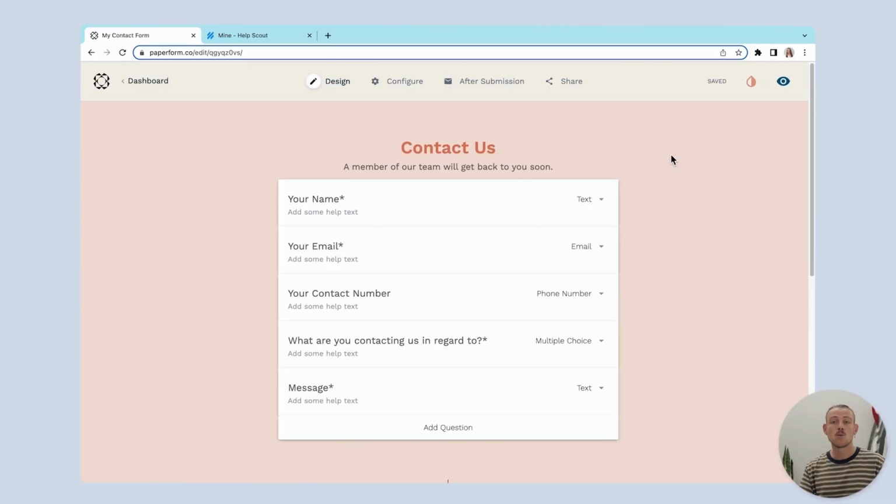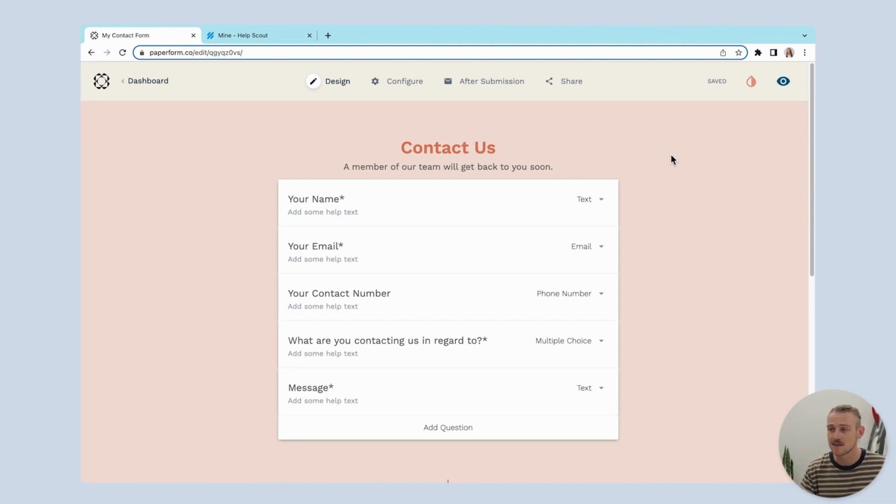Let's check it out. With the Help Scout direct integration, it's so easy to create new conversations from form submissions. Here, I created a simple contact form for my website. Now, before I collect the code and easily embed the form, I want to set up a direct integration with Help Scout so that when respondents complete the form, my customer support team will receive a new conversation ticket and